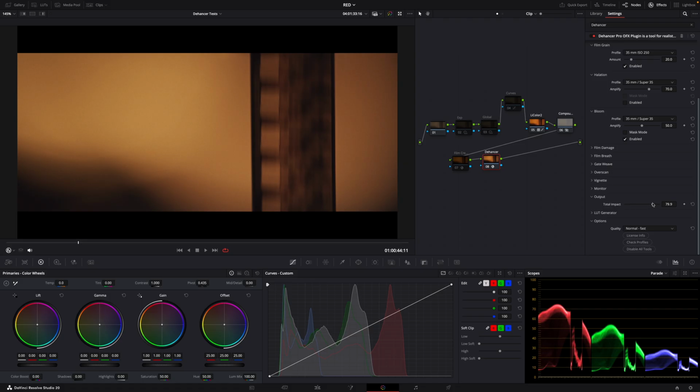Those are the 5 main areas that I was interested in first diving into Dehancer and testing out, because once again, I keep repeating this, but I'm just trying to finish the project